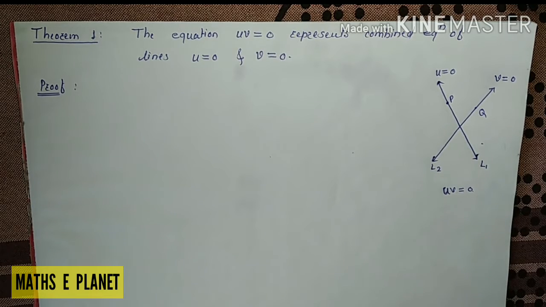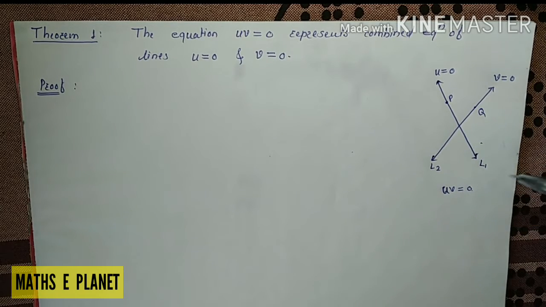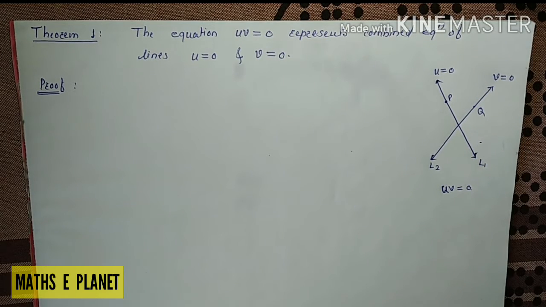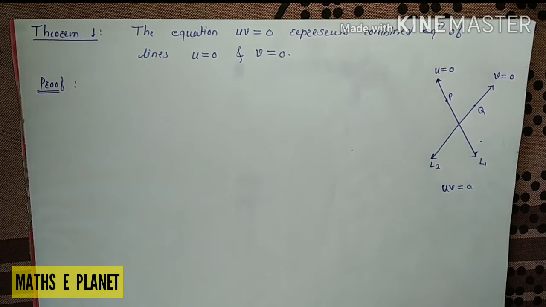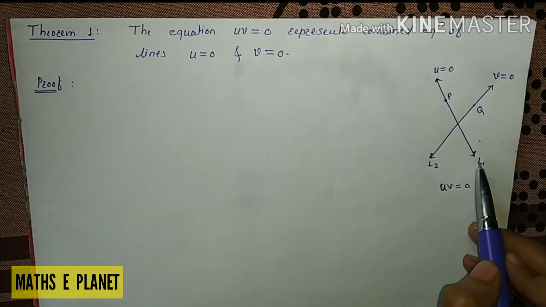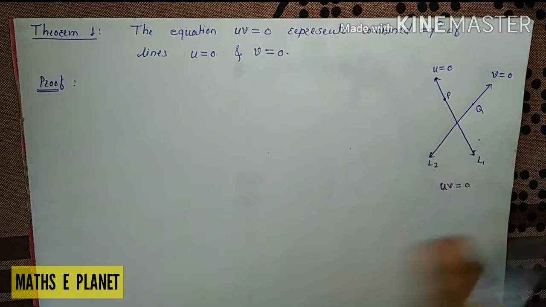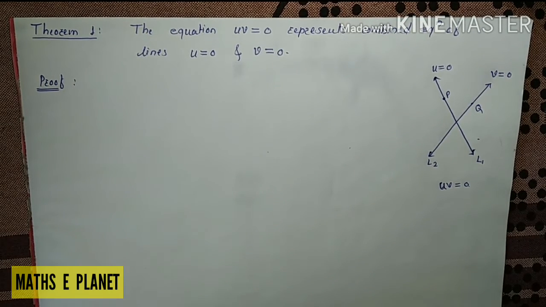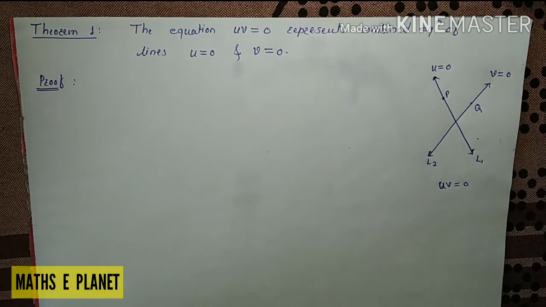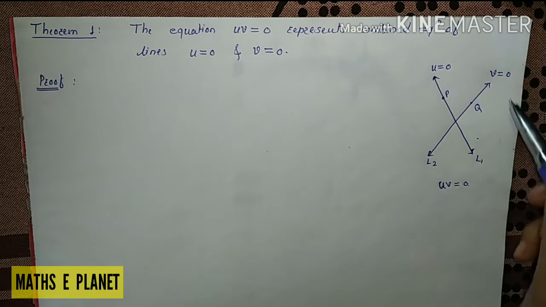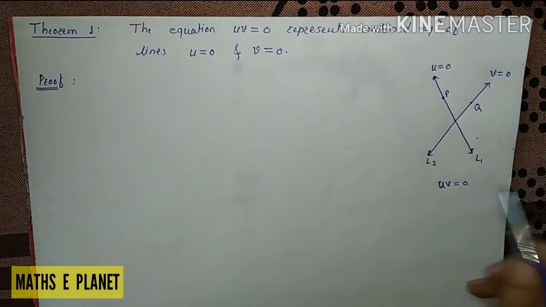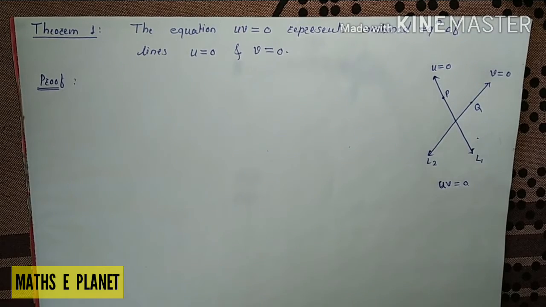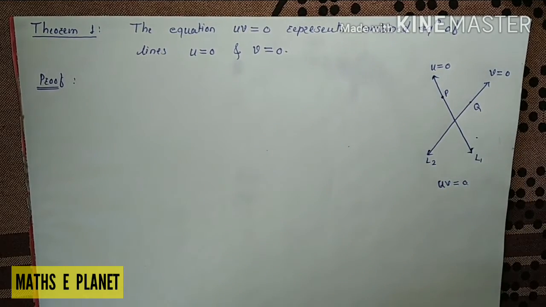हम ऐसा कौन सा भी पॉइंट लें जो u पर हो या v पर हो, वो पॉइंट u into v is equal to 0 इस लोकस पर आता है। यही थियरम ये हमें बताता है। और दूसरी एक बात ये है कि कोई भी दो लाइंस अगर हम लें u is equal to 0 और v is equal to 0, L1 और L2, और उन दो लाइंस के लिए एक कॉमन इक्वेशन फाइंड करना है, तो हमें बस u इक्वेशन को और v इक्वेशन को मल्टीप्लाई करना है और उसे 0 के बराबर करना है। तो ये हमें उन दो इक्वेशंस के लिए कॉमन इक्वेशन दे देगा।